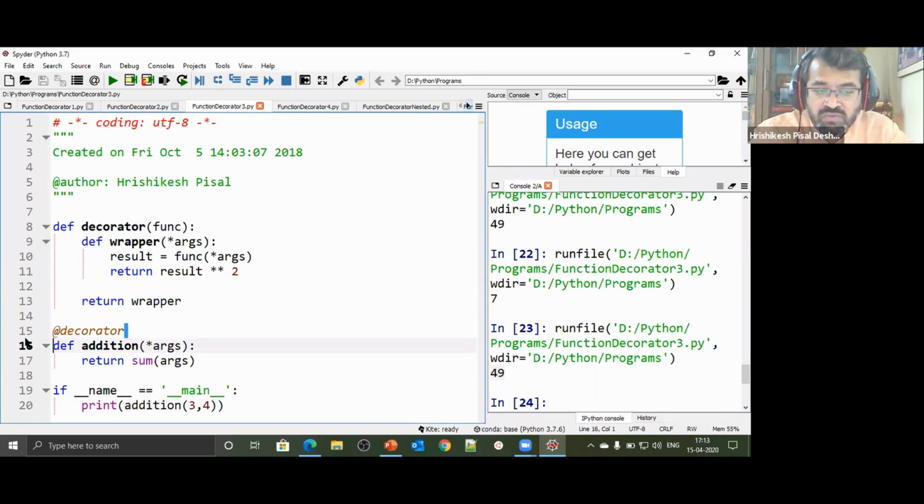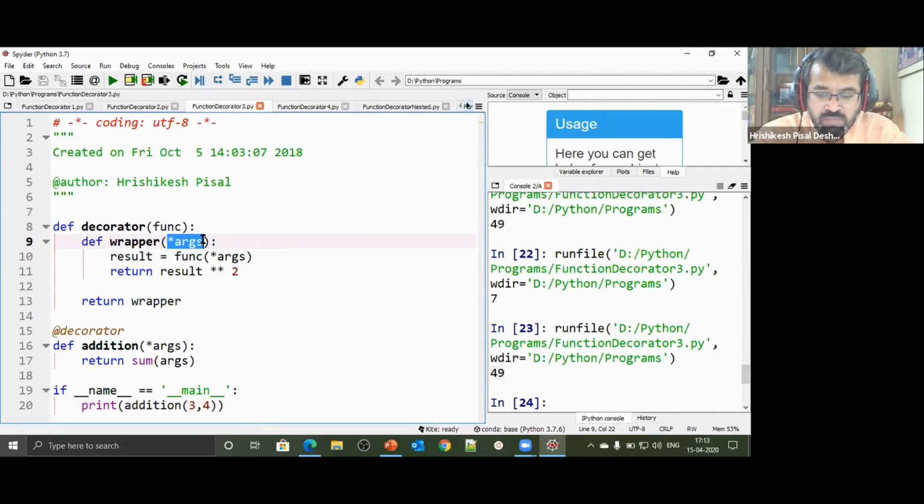Decorator, what does it do? Conceptually, to whichever function this decorator has been applied, the decorator will alter the behavior of that particular function. So this function was supposed to return only the sum. Now you have got the square of the sum, and so on. That is what it has done. So Ashutosh, this is how you can pass arguments. But the only restriction over here is that if you have to pass arguments, you have to take a variable number of arguments, arbitrary number of arguments only.